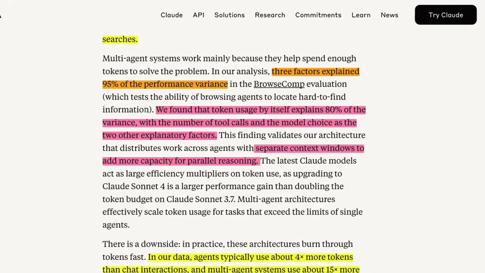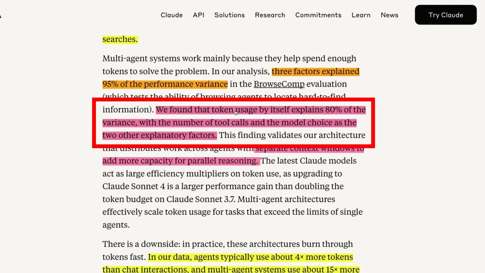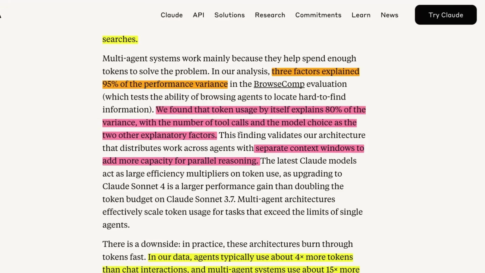And they specifically talk about 3 different factors which explain these performance boosts. So they say, we found that the token usage by itself explains 80% of the variance, with the number of tool calls and model choices as the other explanatory factors. So if you have, let's say,